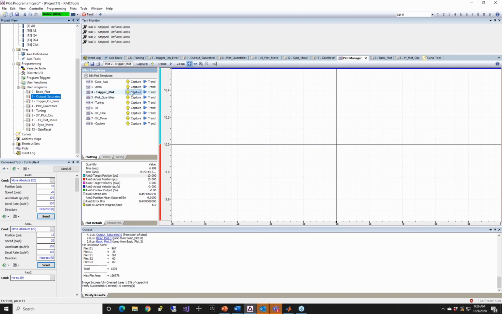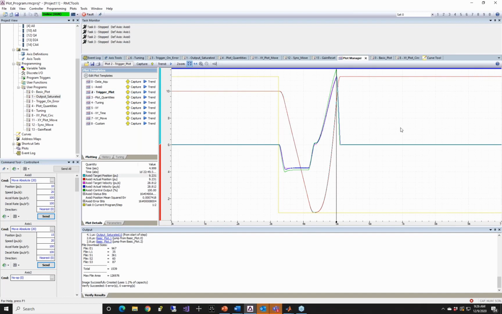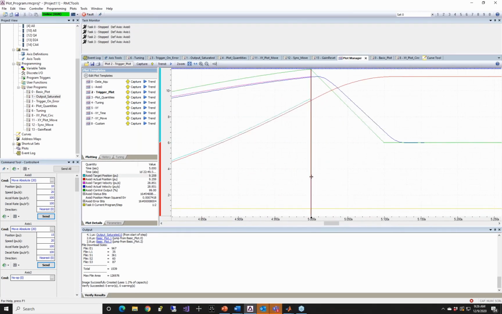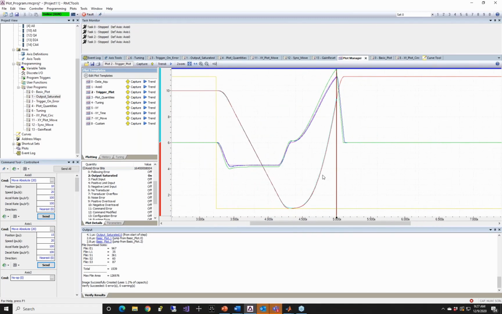Let's see what we captured. So I can see that I've got 5 seconds before, 5 seconds after. This red line that's going down the center of the screen right here, this is right where the event was triggered. I can zoom in. I can see what my error bits look like before and after. So you can see there's no output saturated. Output saturated's on. I get my halt there. I'm also able to,